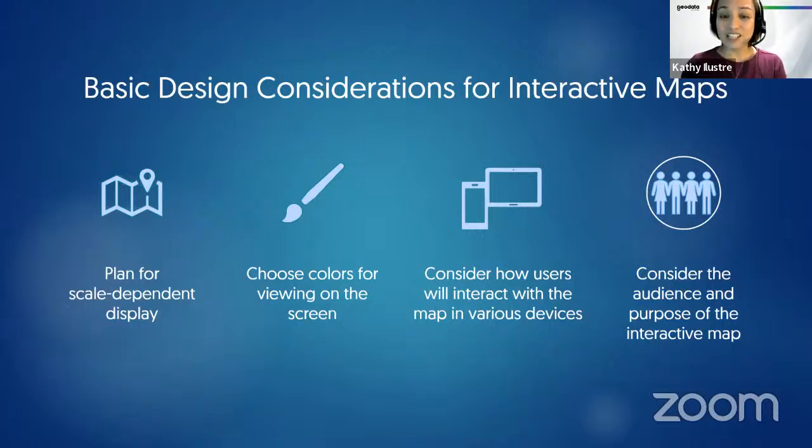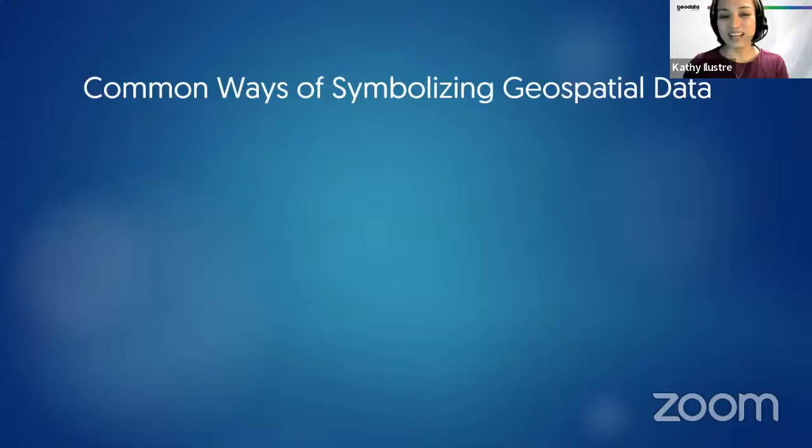Now that we have discussed the considerations for designing interactive maps, let's move to some of the common ways of symbolizing geospatial data. So when we say geospatial data, it has a location component to the data, in addition to the descriptive characteristics, which are usually stored in rows and columns in a table. On a map,